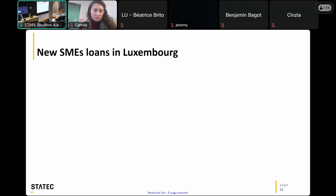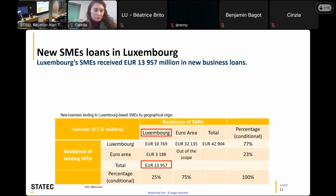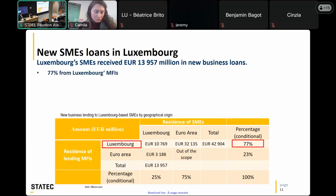So, what are the results of this exercise? This looks complicated, but stay with me. Luxembourg SMEs received roughly 13 billion of new business loans. That means loans that are new contracts that were closed, all in 2023. That represents